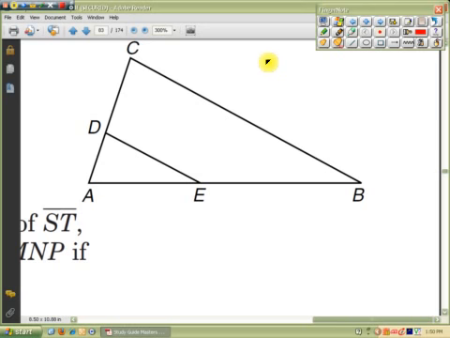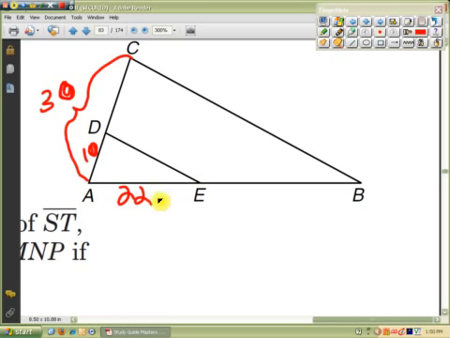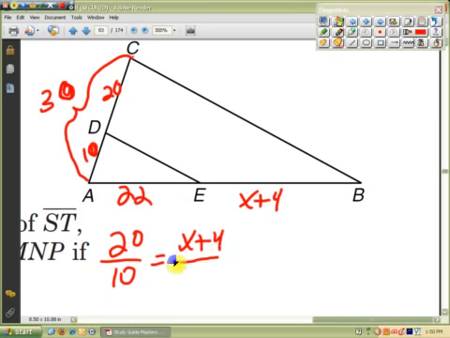Number 5 is based on the same picture. AC is 30 this time. The whole side is 30. Okay, so this is like number 2. And then they say AD is 10. So this is 10. AE is 22. And EB is x plus 4. So it's the same type of problem, but this time you must realize that if the whole side AC is 30, that means this is 20. So you can do left side 20 over 10, which gives you x plus 4 over 22 on the bottom side. And when you cross multiply here,